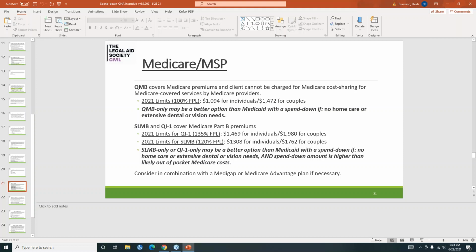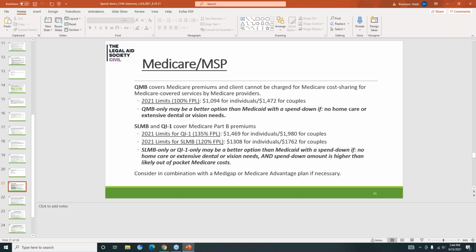So I had a client who maybe earned like $1150. She really didn't have the extra money to pay her Medicaid spend down, but she also didn't need home care, and she didn't have dental or vision needs that weren't already being met. And for her, you know, most of her services were Medicare services.